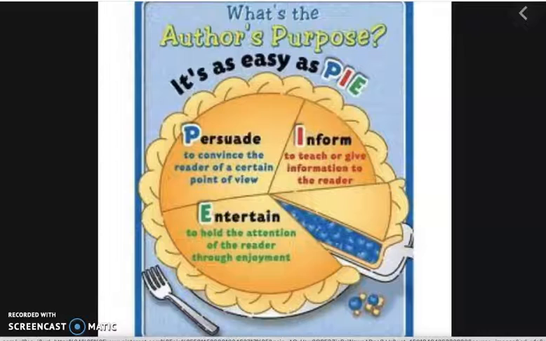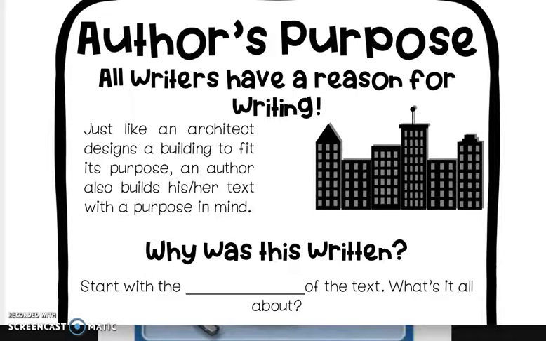So when we talk about author's purpose, we are no longer just talking about PIE: persuade, inform, or entertain. Okay? Yes, it's important to be able to identify those, but we will be diving deeper. So you should have a page that looks like this that the sub passed out to you. You will be cutting this out and gluing it in your composition book. And under table of contents, you need to put author's purpose slash